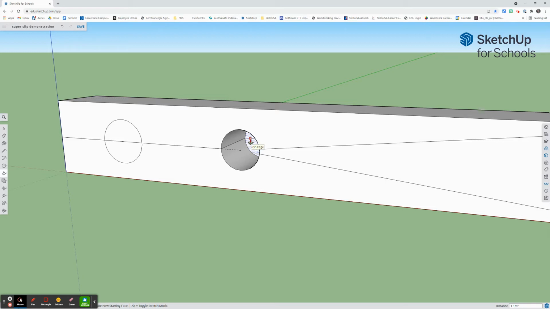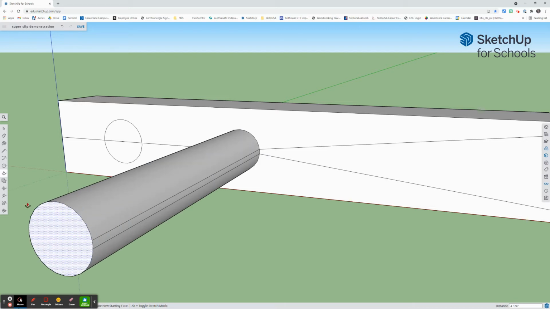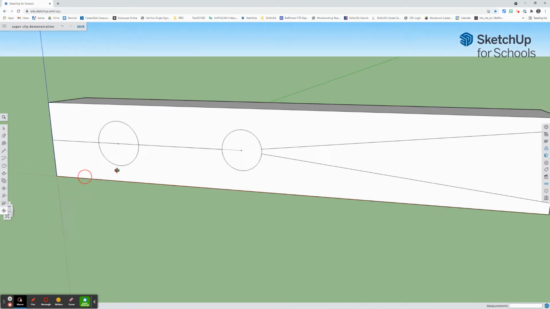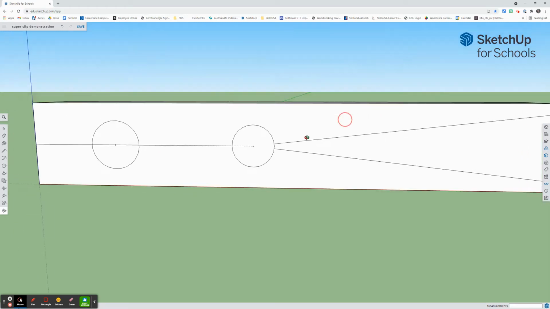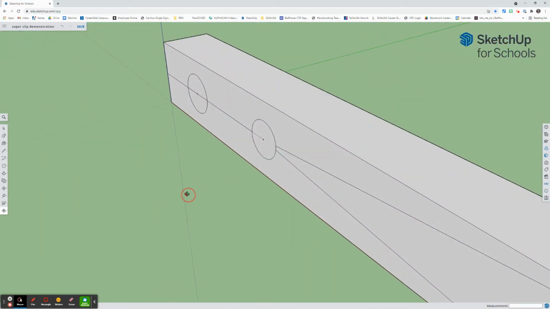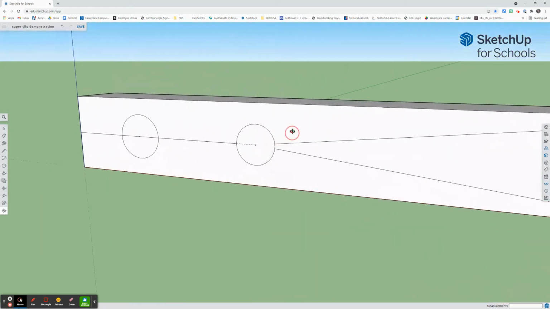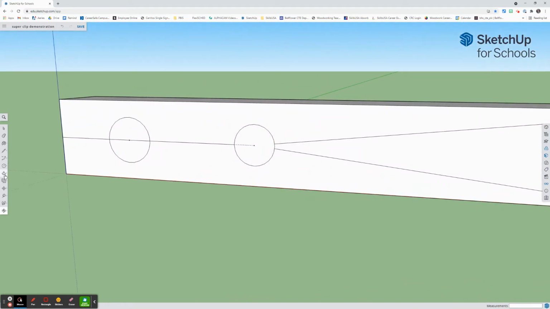Now you see that little message that says on face? That's what you want to see. You may have a hard time with that depending on the angle that you're looking at it. If you're looking at it straight on like this, it's really hard to get. And if you're looking at it at too extreme an angle like this, it's also hard to see. It needs to be kind of like this. So you might need to reposition your angle a little bit. And you want to click on the bottom area here and then go in until you see that on face